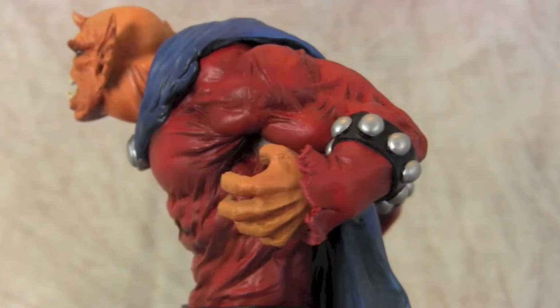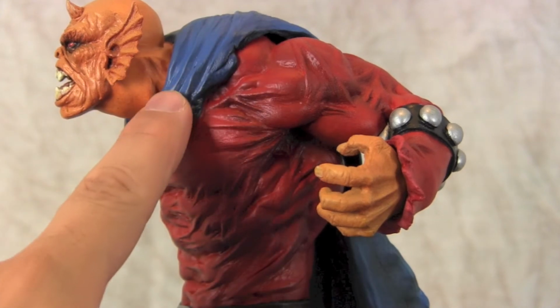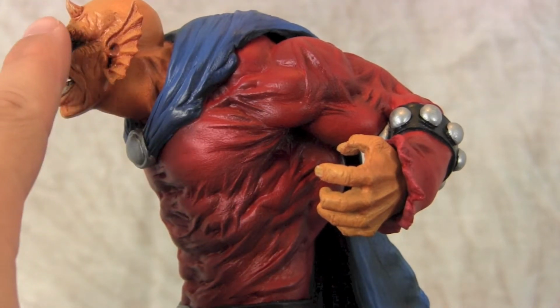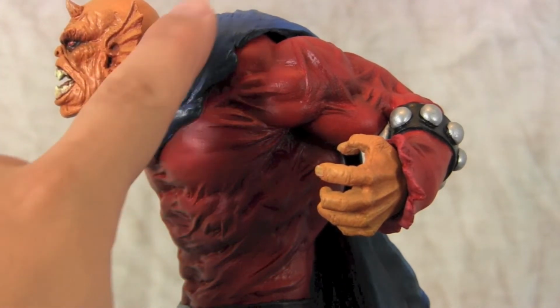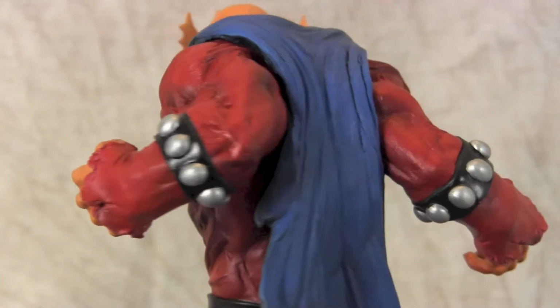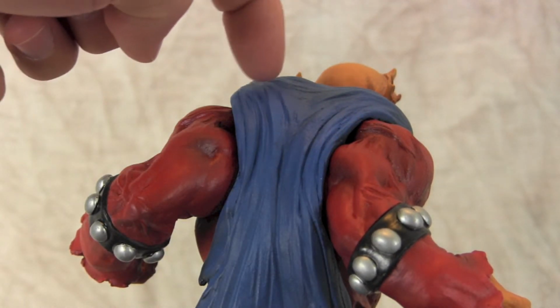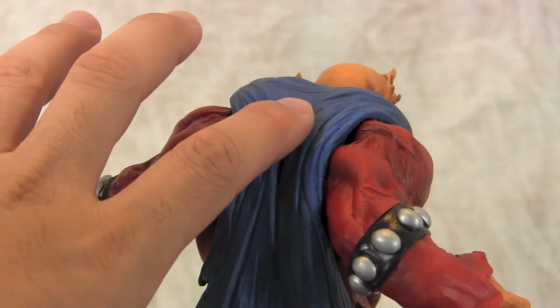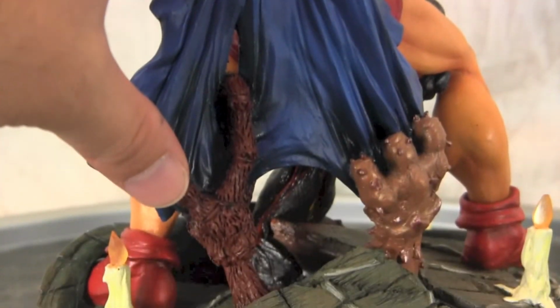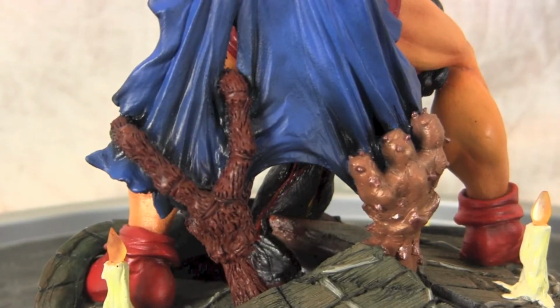So what I had to do was paint them up all in red, and then attach this piece and paint it blue, and also paint his skin too before I attached this, and then attach it and seam it up while it was painted. And then the hardest part was getting the cape on, because up around here it's cut off, and then this whole cape is one whole piece going down to these hands. So I had to put the cape on, attach it to the hands, and it was just a very difficult